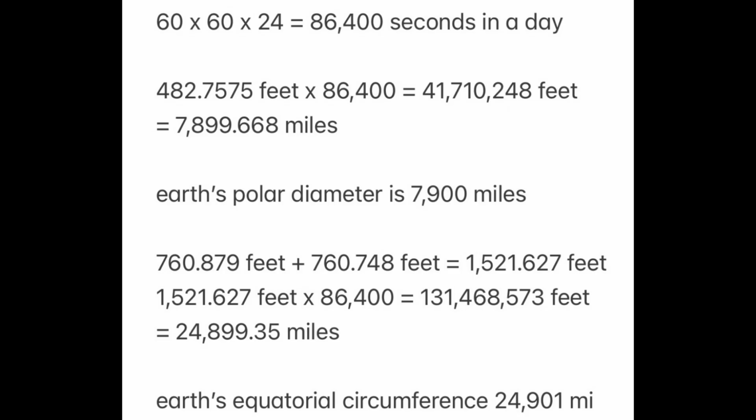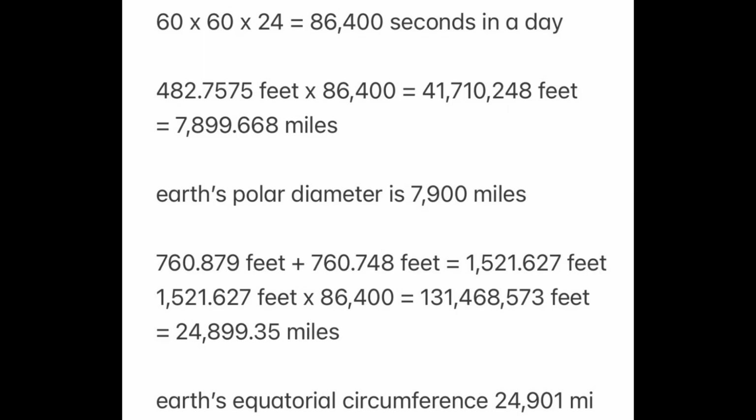Another calculation based off the Great Pyramid that will get you Earth's polar diameter is if you calculate the seconds in a day. So take 60, multiply it by 60, multiply that by 24. You get 86,400 seconds in one day. Keep that number in mind. We're going to multiply it by the height of the Great Pyramid,